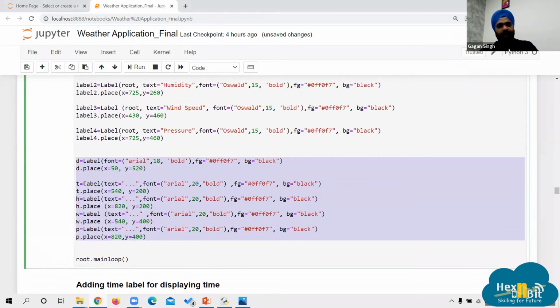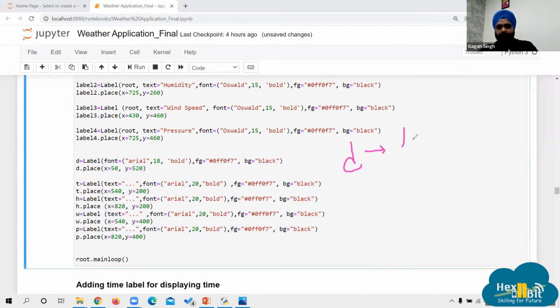So in this we are creating D, T, H, W, P. D is used for description. Means what is a common description of weather. T is used for temperature. H is used for humidity.